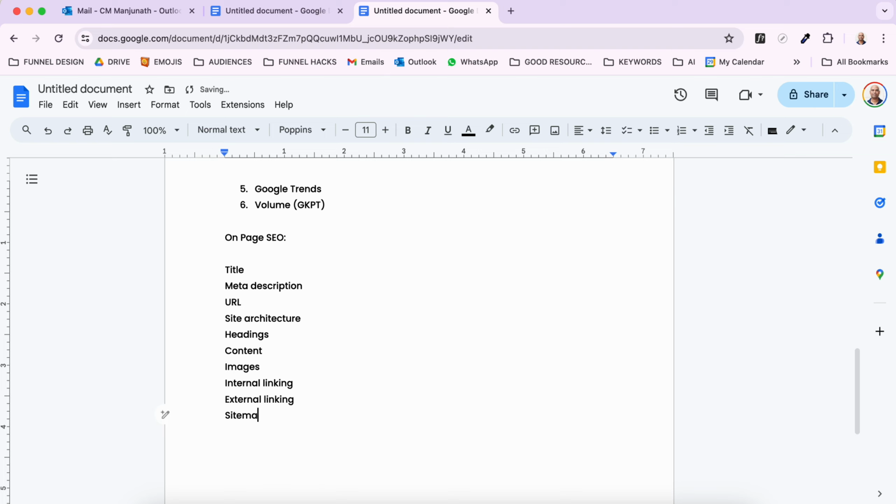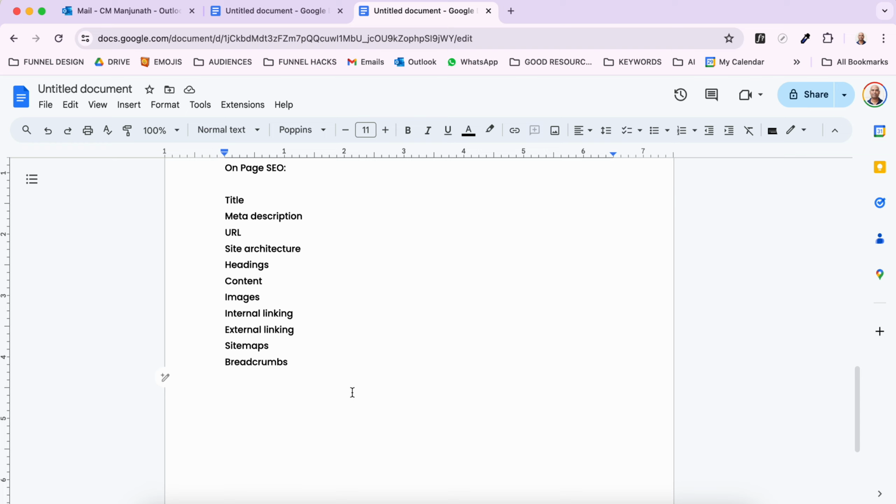We spoke about sitemaps. I spoke about breadcrumbs. So these are some of the things that you'd want to bear in mind when doing on-page SEO. Then comes off-page SEO. Off-page SEO is all about getting backlinks